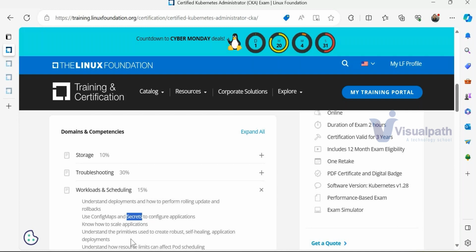Then know how to scale the application. This is a very, very important thing. All these years we failed to scale the application. Manually, we do performance testing with 5,000 users, then 50,000 users, then 1 million users, and still my application is failing. But here Kubernetes will automatically scale my applications.